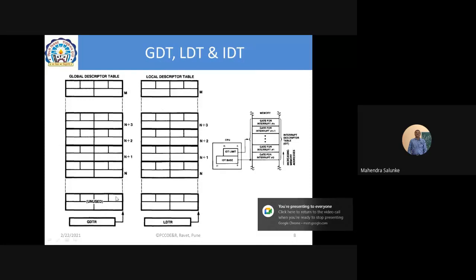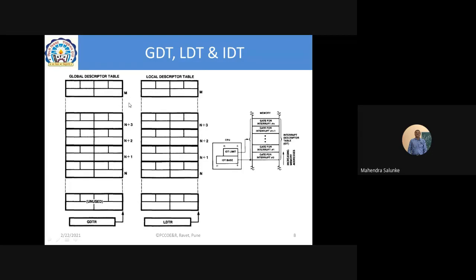All right. So my first unused descriptor here is the null descriptor, as I told you in the earlier slides. So this is descriptor 0, and then we are increasing, 1, 2, 3 like that, and then we will reach up to m. It is not mentioned as 8191 here because I can have any number, 100 or 200 descriptors, depending on the system requirement. But the maximum value that I can have is 8191.